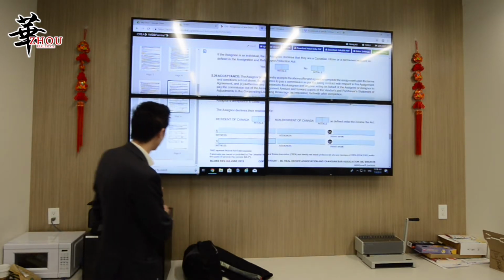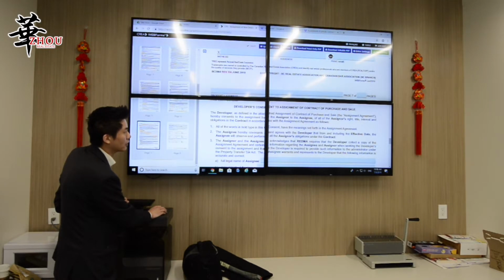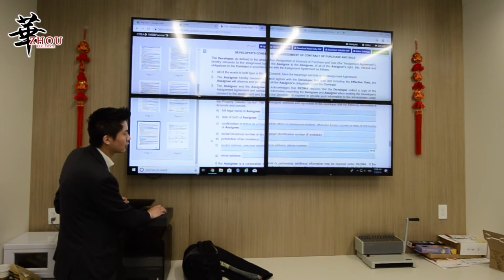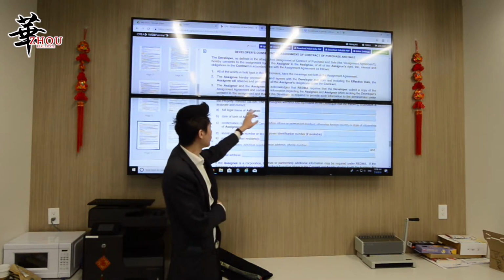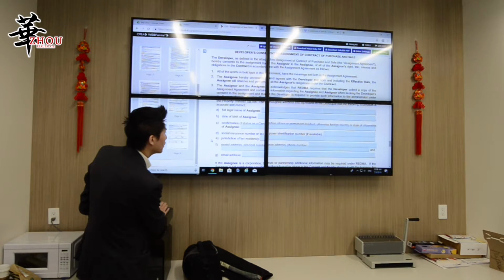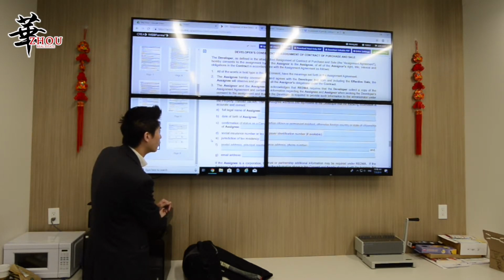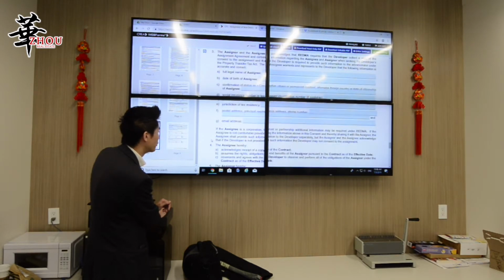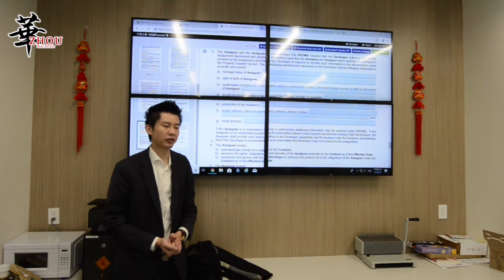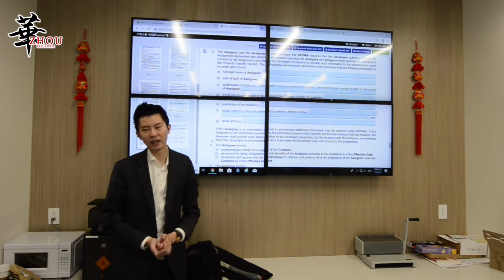Sign here. So page 7, it says developer's consent. Okay, this is the page where you're asking the developer to sign. So you put all the information for assignee, their name and everything. And there's a part where they're asking what they do, their occupation. Make sure you don't say manager. Manager is position, not occupation.